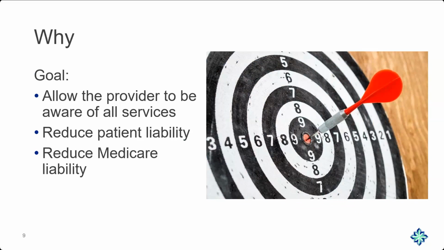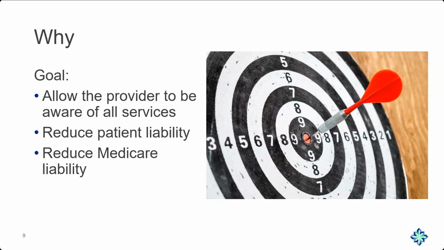So the goal, though, is to allow the provider to be aware of all services. The provider is where they are typically inpatient, or the provider that is controlling certain things, such as home health and hospice. Even though they may be outpatient and providing those services, they have control over them, they have to write a plan of care, and they have a variety of other responsibilities. So if you are the provider responsible for those, you want to know what's going on with that patient. That's part of what this bundling concept does. The next part is to reduce patient liability. What Medicare is saying is, if they have this done and this done, it's really supposed to be billed through this organization, therefore it'd be one assigned liability.